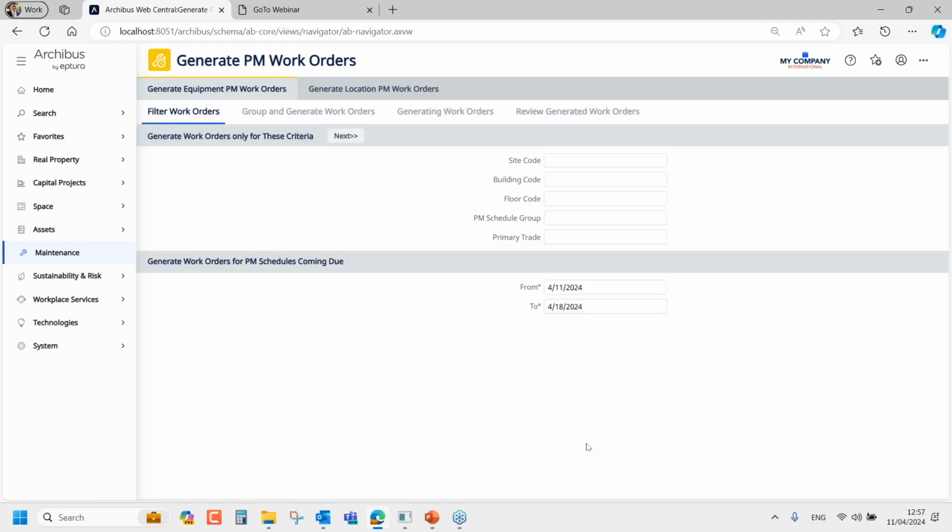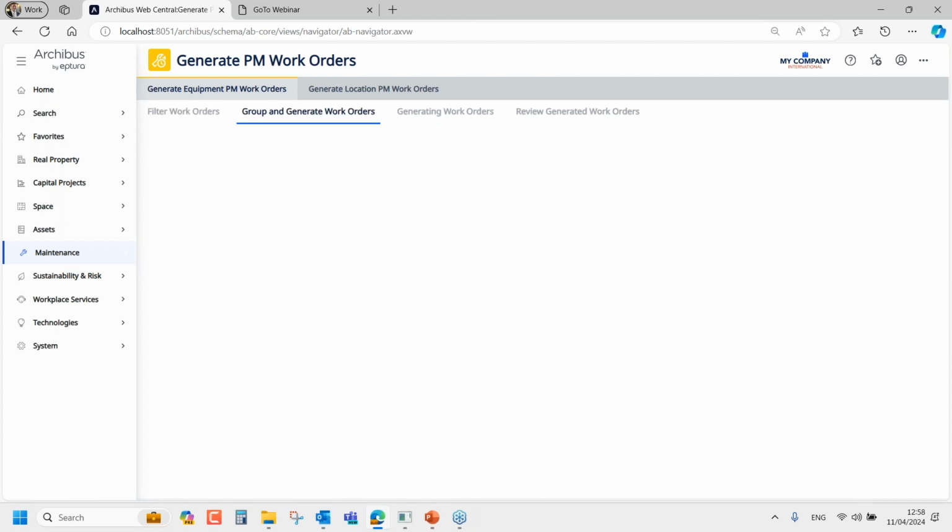the work orders. So you've got your procedure, you've got a description of it, you've assigned it to different equipment, and you've identified the dates that the work order should be generated. All that's next is you come in here and you generate up to 3 months in advance, but I like to do maybe 2 weeks at the most. If you need to, 1 month is fine. But you'd select that date range that you want to generate all the work orders for, and you press next